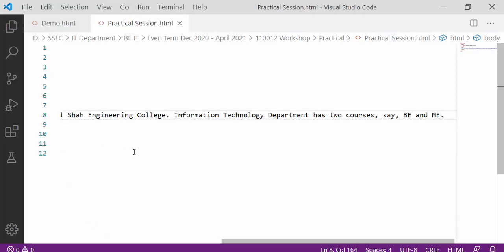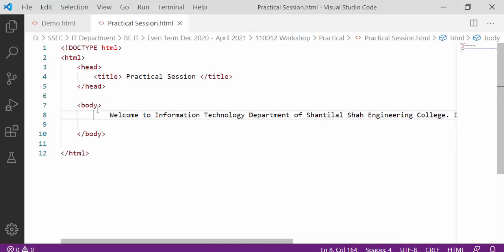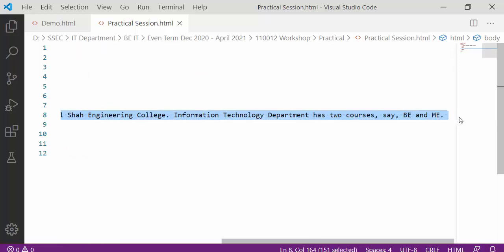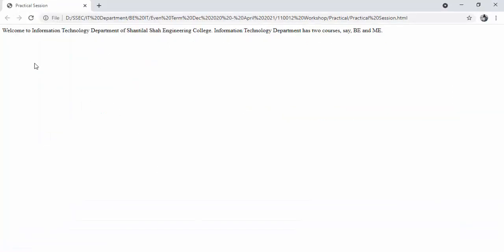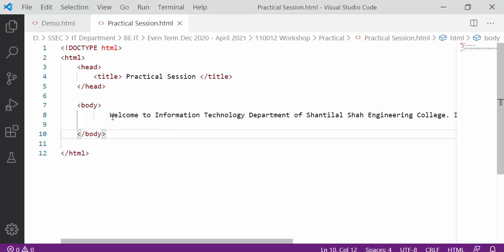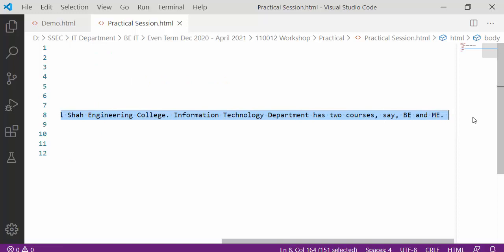Whatever you write in the body section without any defining tag will be considered as the content of the web page, and it will start to display this content from the upper left corner. Here you can see the line. I will copy the whole line and paste it here again.